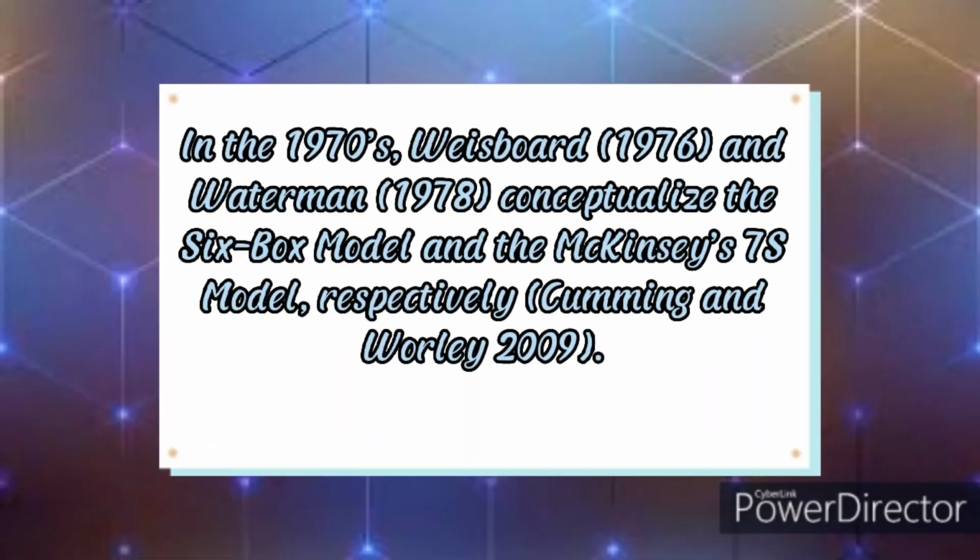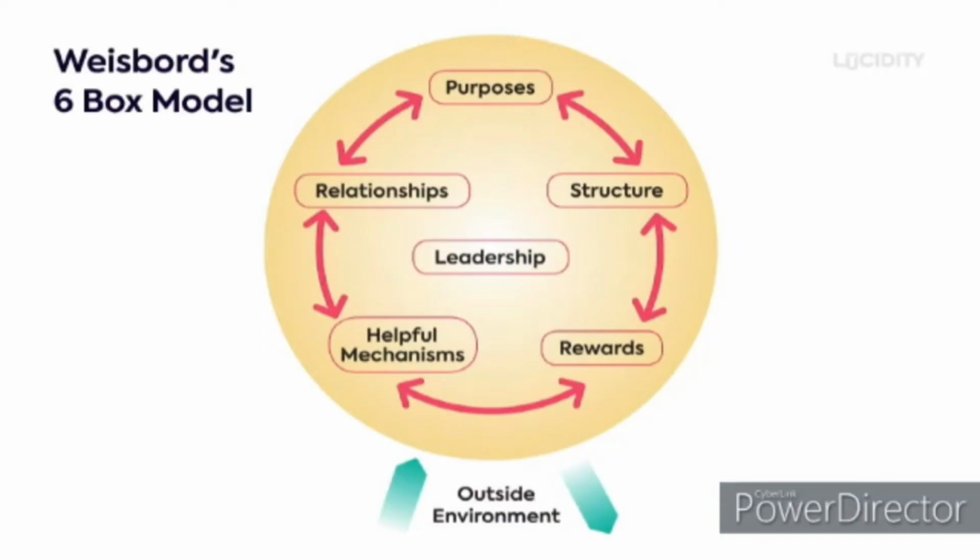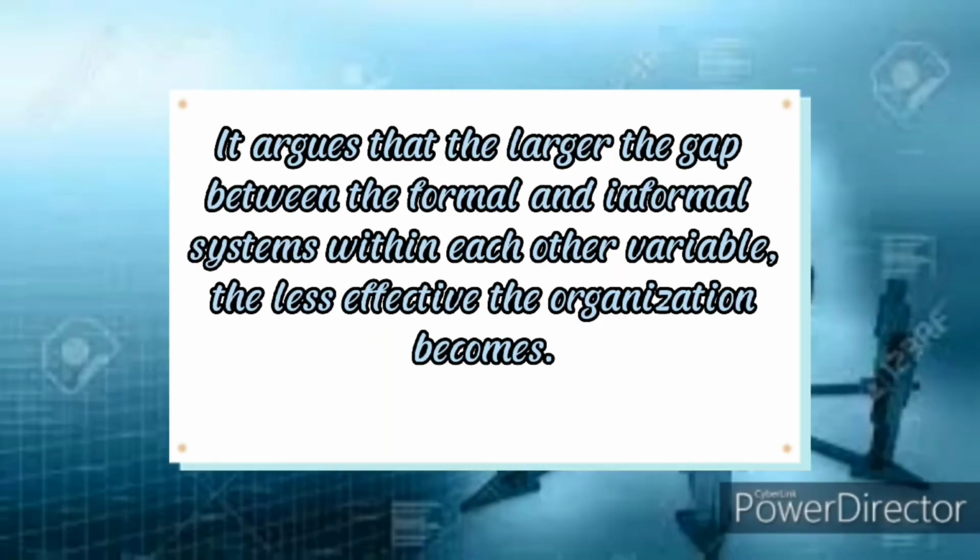Diagnostic models. In the 1970s, Weisbord (1976) and Waterman (1978) conceptualized the 6-box model and the McKinsey 7-S model, respectively (Cummings and Worley, 2009). The 6-box model illustrates how 6 important aspects of the organization: purpose, structure, rewards, helpful mechanisms, and relationships are connected to each other. It argues that the larger the gap between the formal and informal systems within each variable, the